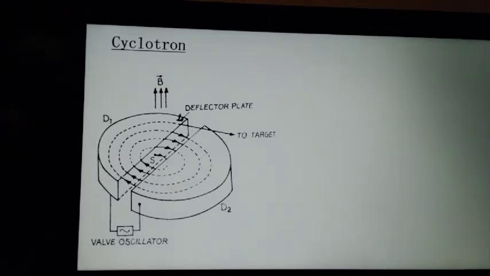And finally you can see the radius of the circular path goes on increasing, and as the radius increases, the velocity of the charged particle increases, then its kinetic energy increases, and when it reaches the required energy level, it is taken out to the external circuit. That outer path you can also see in the diagram. So that is the method for accelerating a charged particle in a cyclotron.